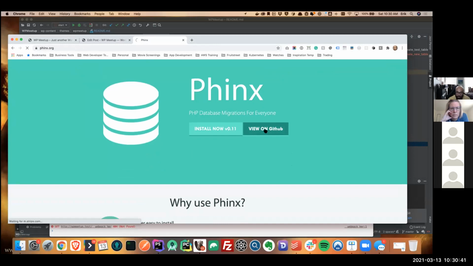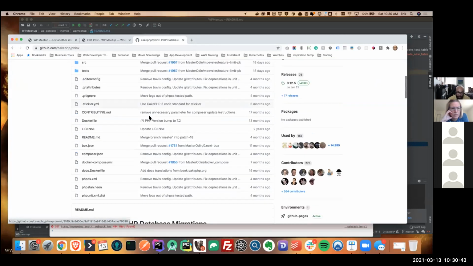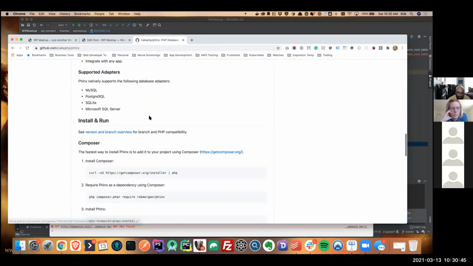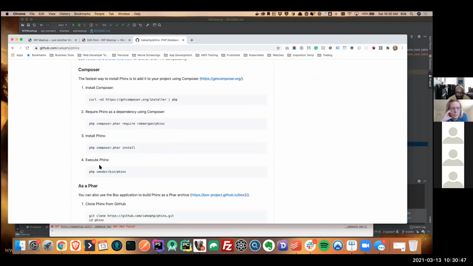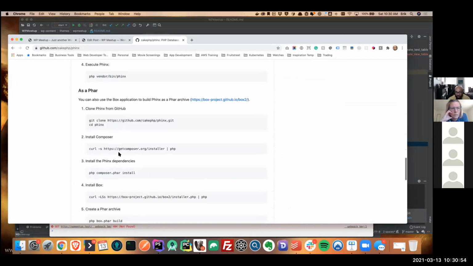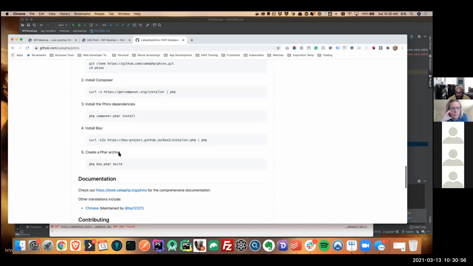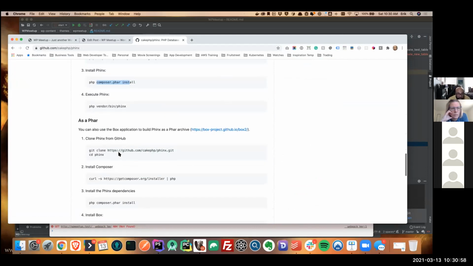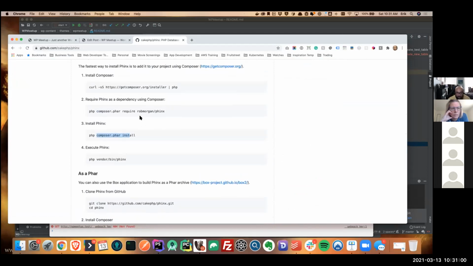If I just view it on GitHub, it gives you installation instructions right here. If you had the Composer file, actually, it's in here somewhere. Oh, here it is. All right. This right there, that's how you would install it.